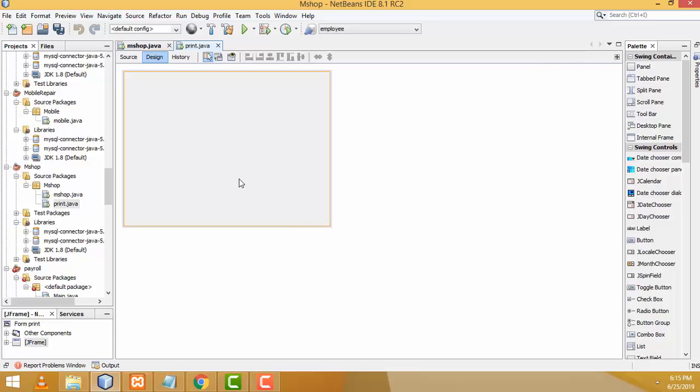Finish. Right. This is your print form. Now I'm going to give the size. Simply like this. The simple size I'm going to give like this. Right. The size of the form. Now what I'm going to do is, here I'm going to